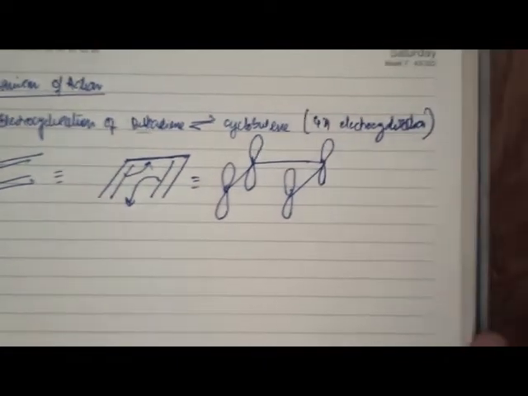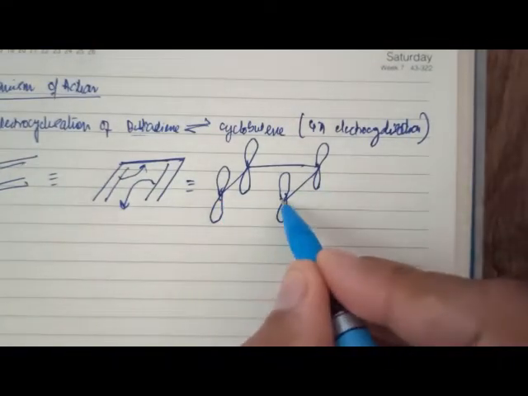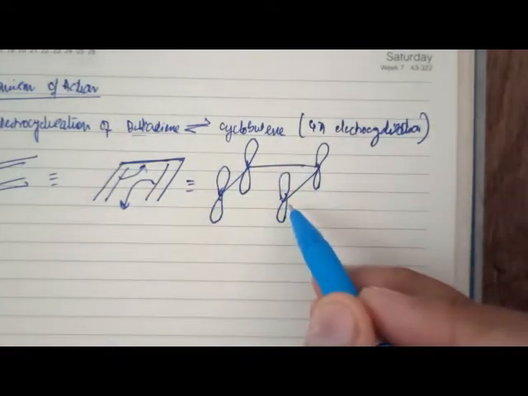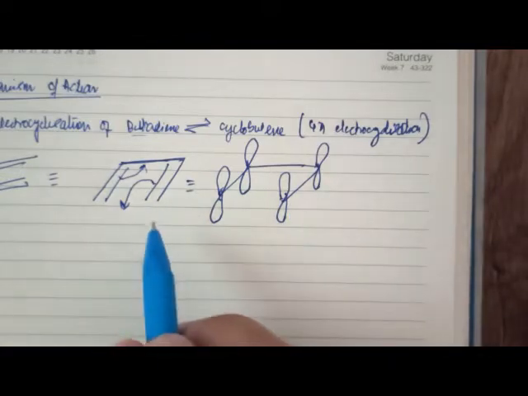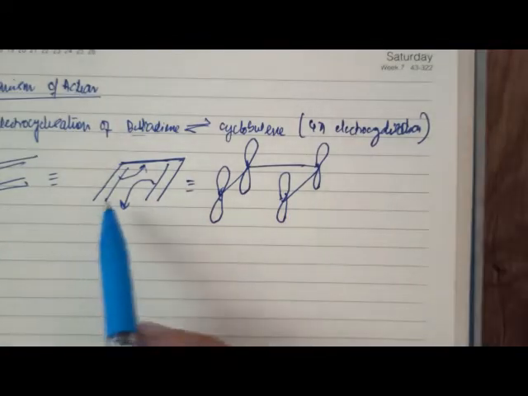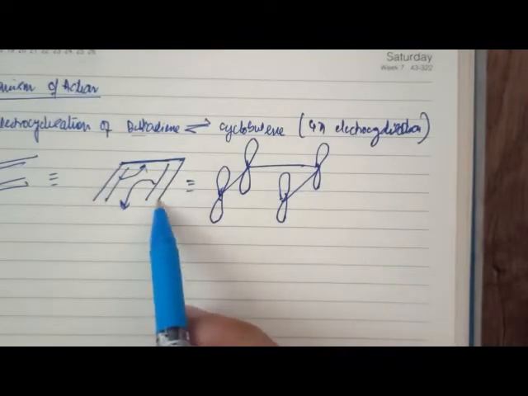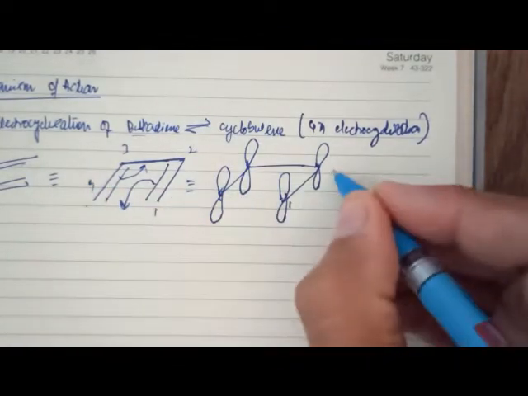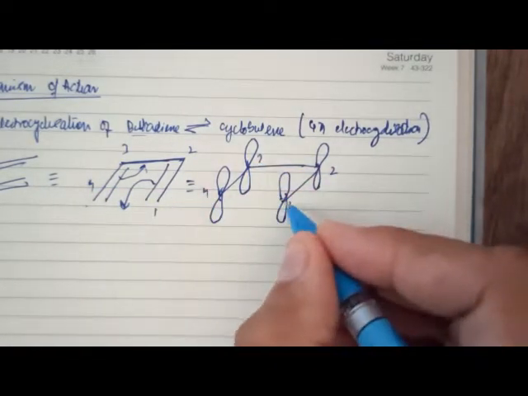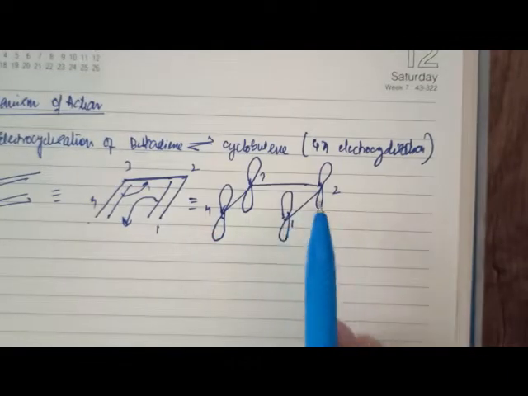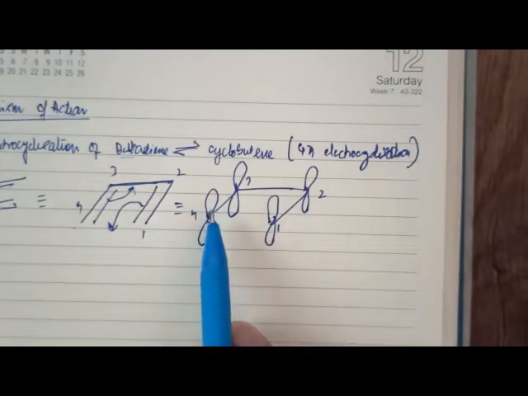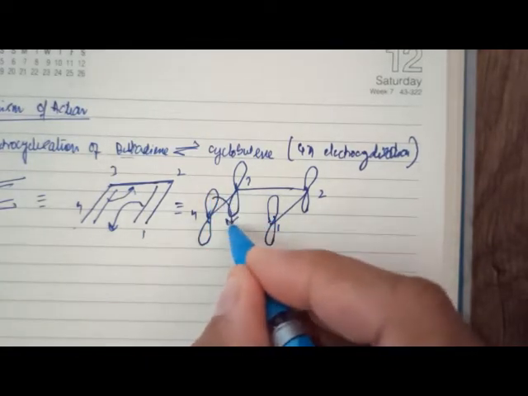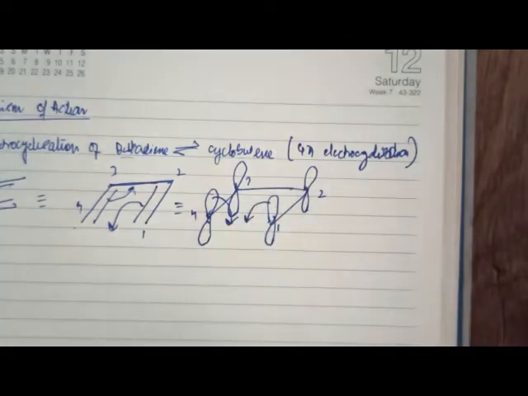Actually at the mechanistic level, what is happening, these two terminal lobes of the conjugated polyene system, which in this case is butadiene, we have to focus while drawing the product on what the terminal carbon atoms of the conjugated system are. For example, in this case the terminal carbon atoms are this and this. Let me call this 1, 2, 3, 4. So terminal carbon atoms are 1 and 4. It is the lobes of the terminal carbon atoms which will actually rotate in order to form a bond. That means this lobe will rotate in this fashion. Let's say this will move in a clockwise fashion, and let's say this moves in an anti-clockwise fashion.